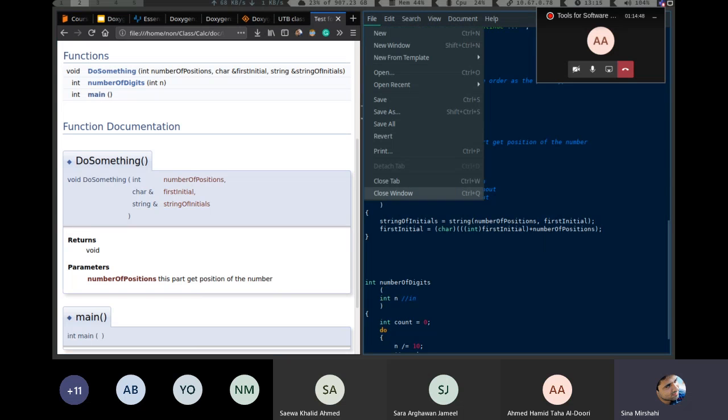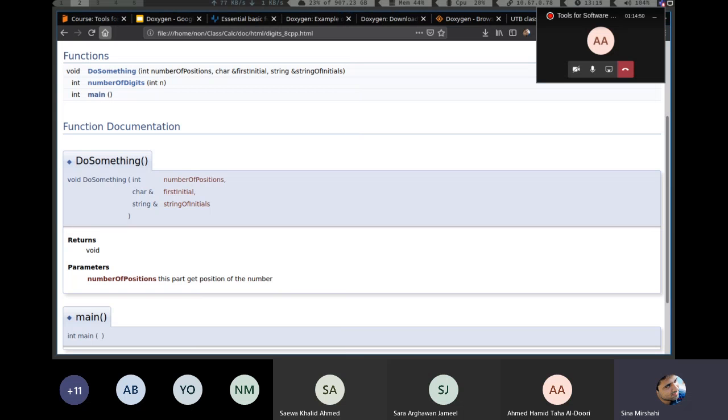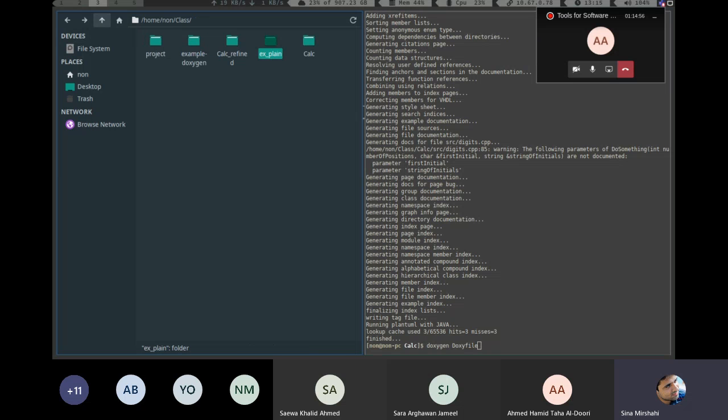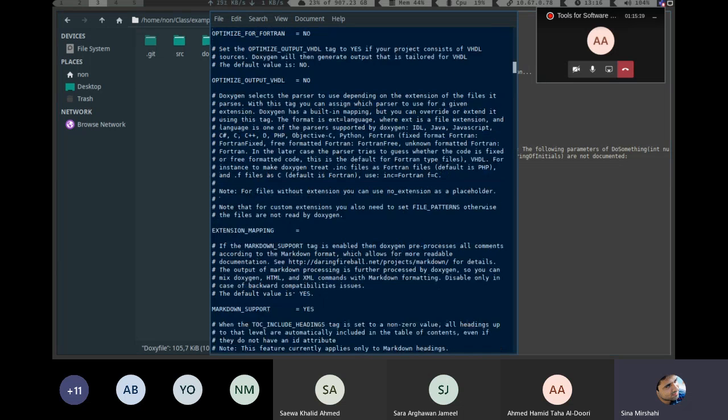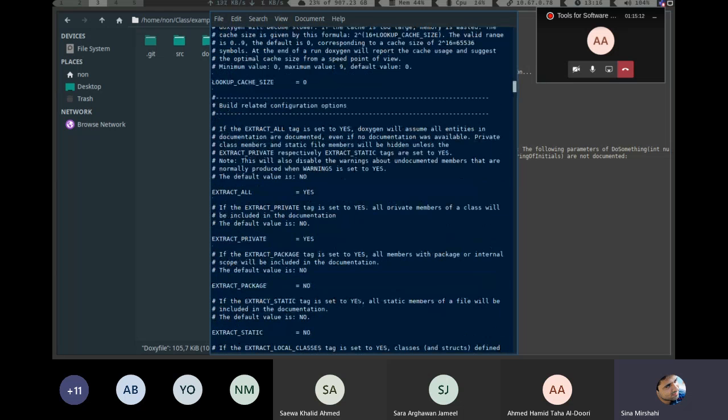And now I will show you some examples, because if I want to comment all of them, as you already see, it takes many times. I have some examples I want to show you. For example, here it's already created a Doxy file. You can open it and edit it, whatever. It's already created, and